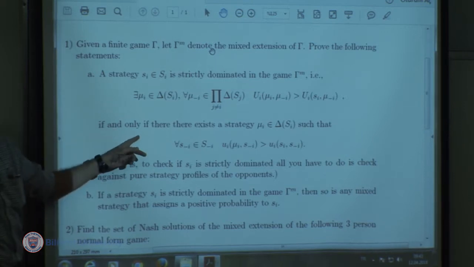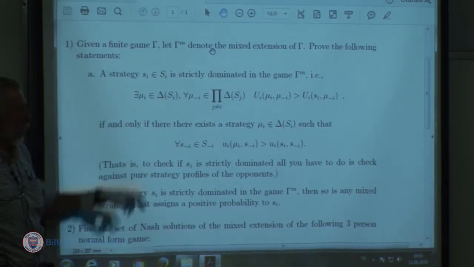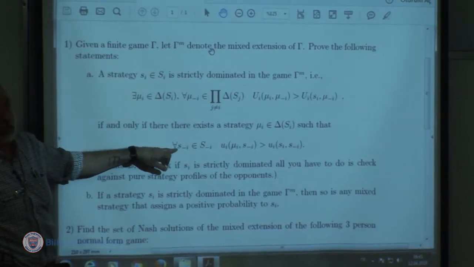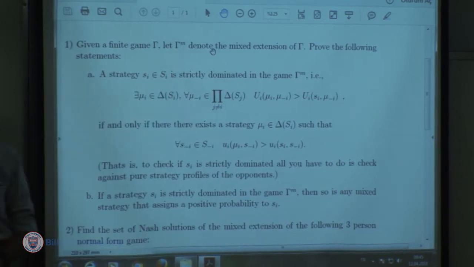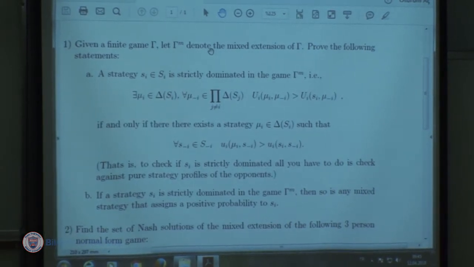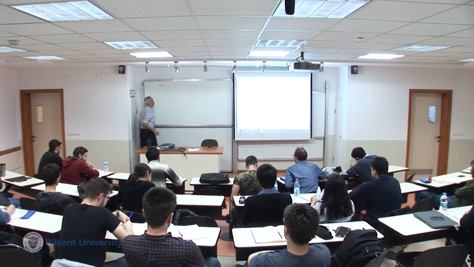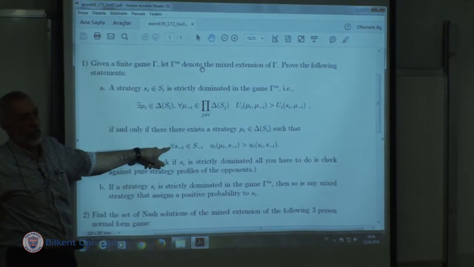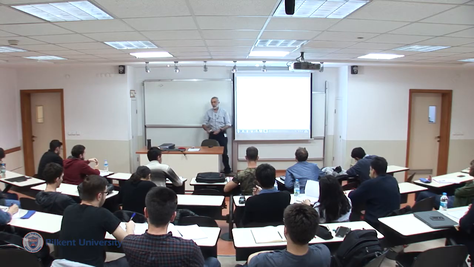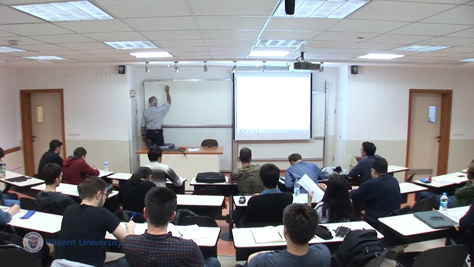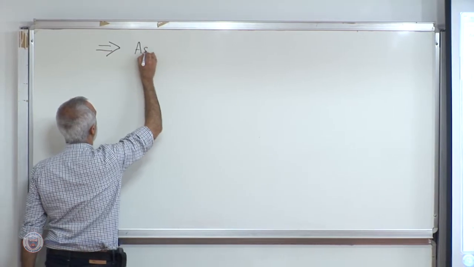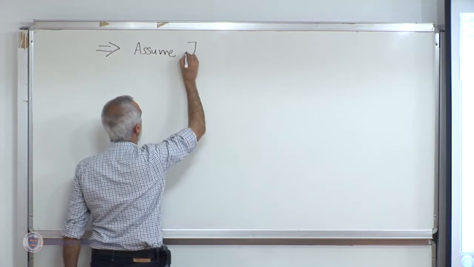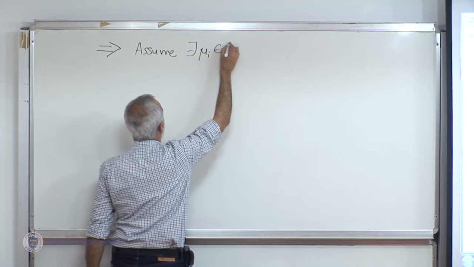So it's an if and only if statement, so we have to show two directions. Whenever this is true, we have to show that this is true. And whenever this is true, we have to show that this is true, okay? So it's two-sided. So we'll start from this direction. That is, if this statement is true, then the other statement is true, okay? So we're given that, assume there exists, player I has a mixed strategy,